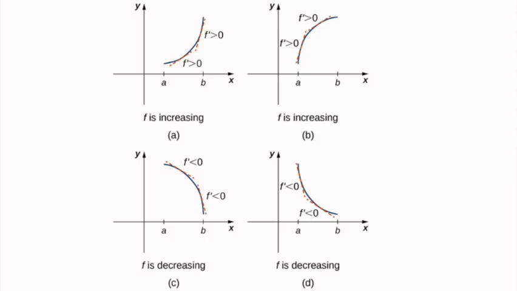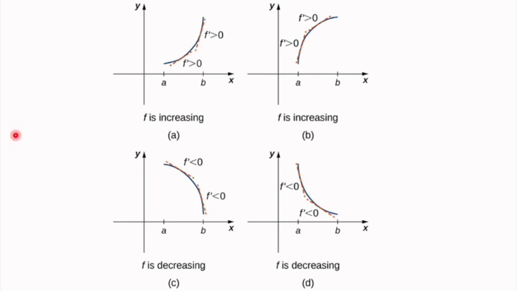Now that we've gone through an example of each case where we're looking at the signs of the first and second derivative, let's look at this in terms of speed and acceleration because that's what we're familiar with. And so we can think about it intuitively. Our function is going to be the distance function. So when we take the derivative, it's the rate at which the distance changes, which is our velocity. When we take the second derivative, that's the derivative of the derivative, which means we're looking at how the velocity